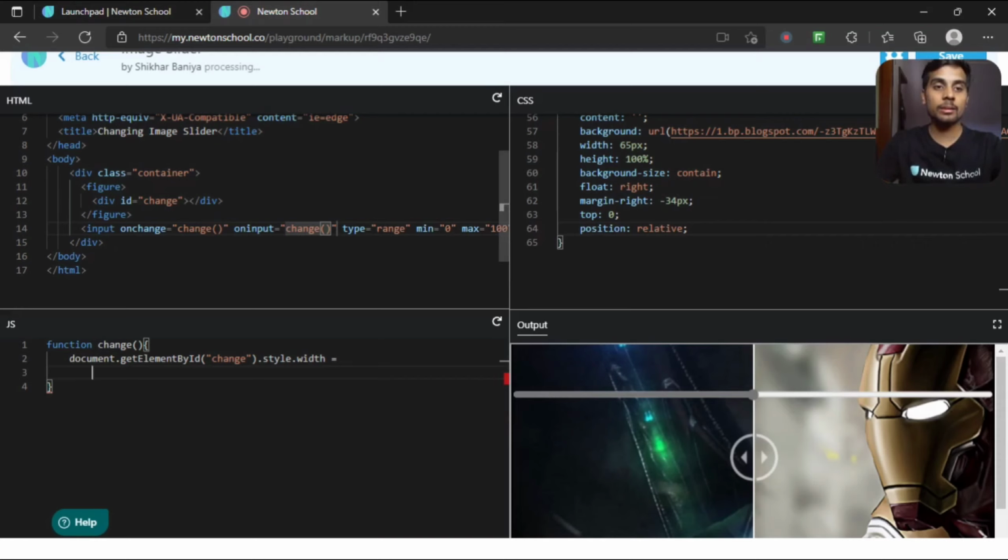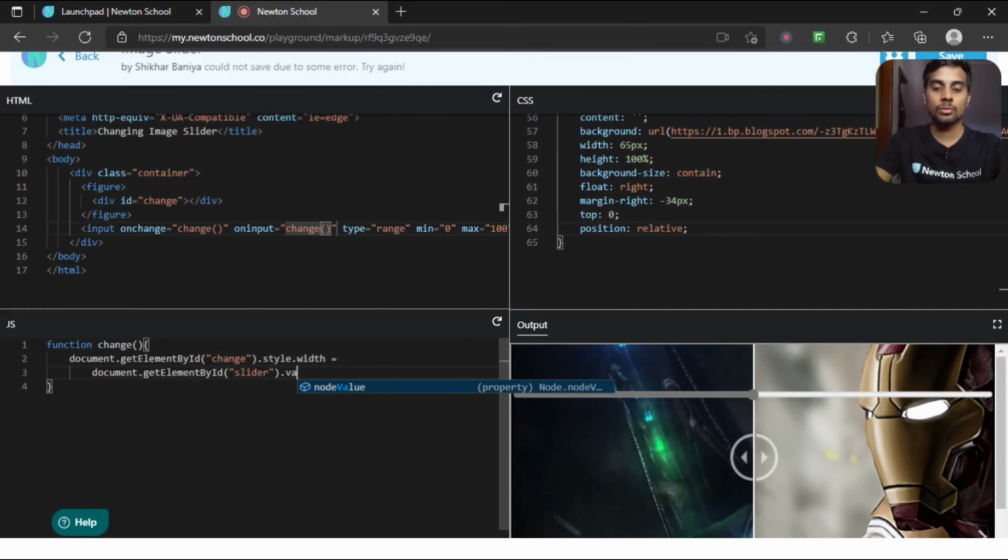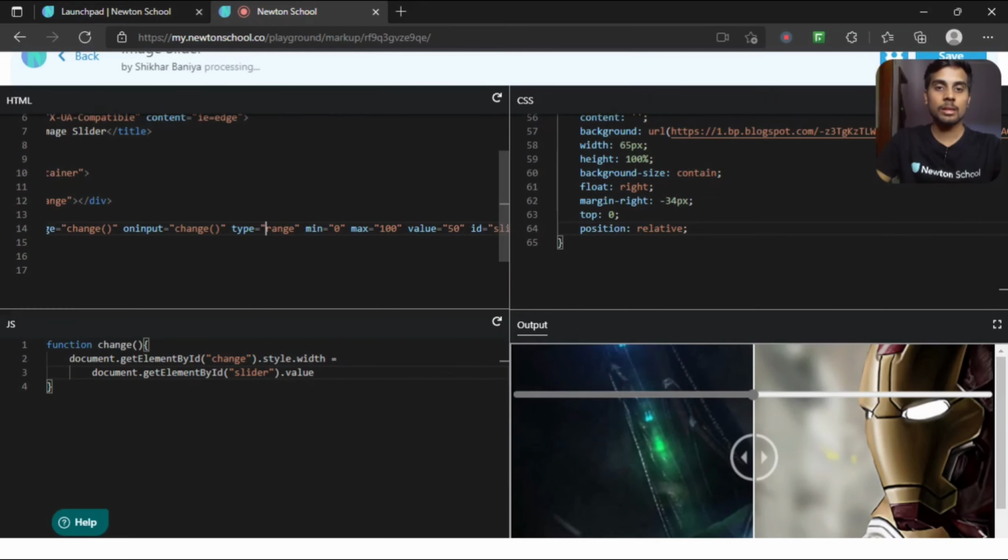By getting the value of our input tag. So document.getElementById, this will be slider, .value. This will give us this value. And since width accepts a percentage, plus double quotes percent. Okay, so our change part is complete.